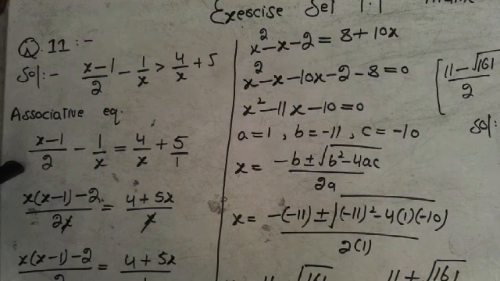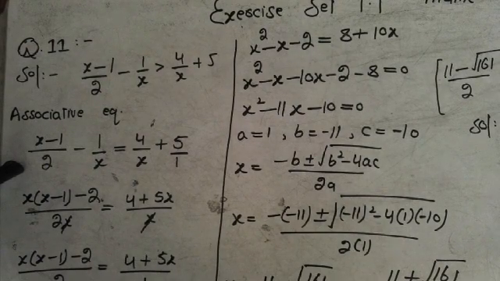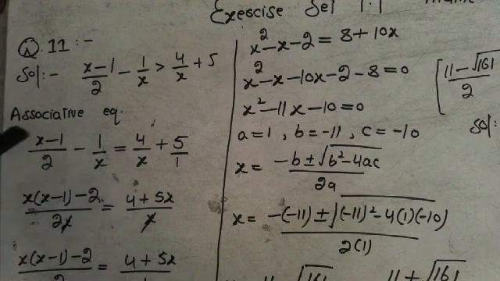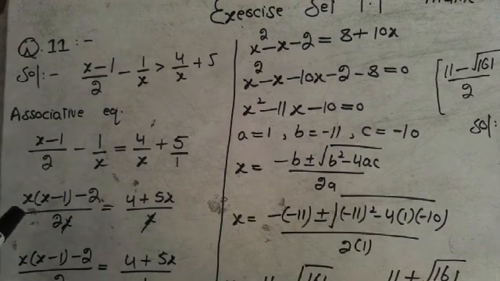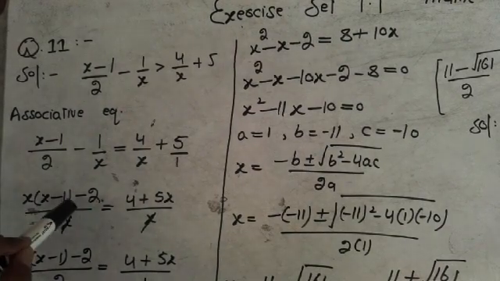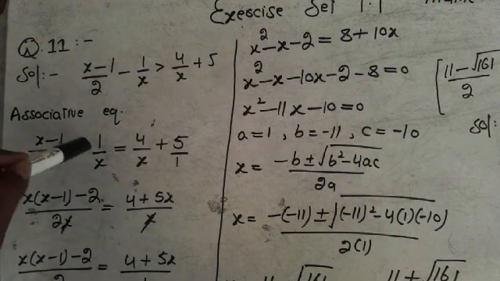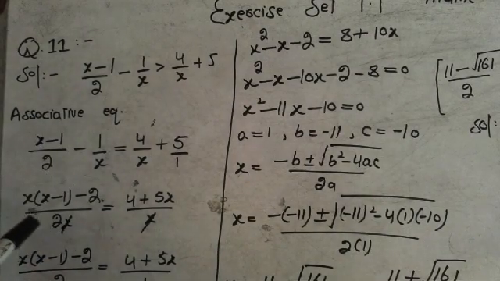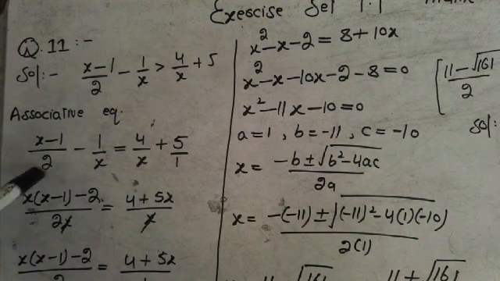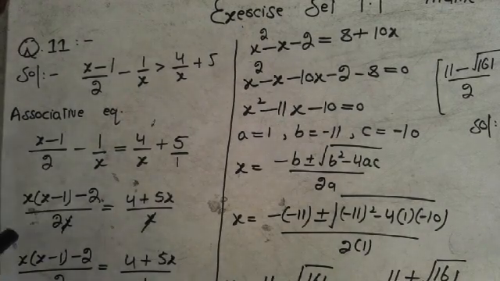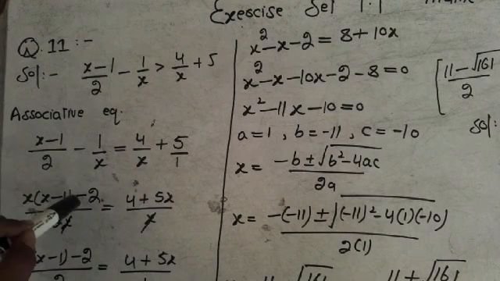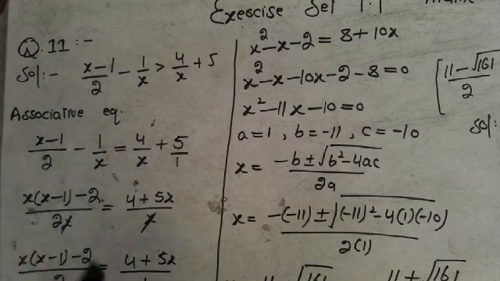When we take the cross multiply, x is multiplying with x minus 1. In the middle there is a minus, and 2 is multiplying with 1. In the denominator 2 is multiplying with x. So this becomes x into (x minus 2) divided by 2x,